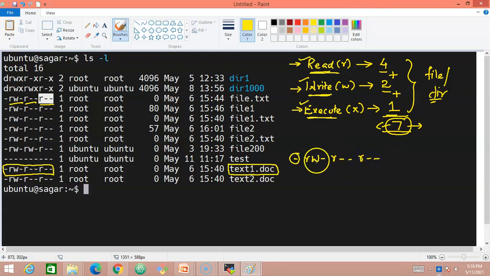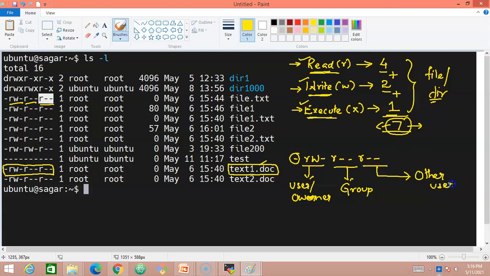These are the permissions set for this text1.doc. The first 3 characters are for the user or owner, the second set of 3 characters is for the group, and the third set of 3 characters is for the other users.